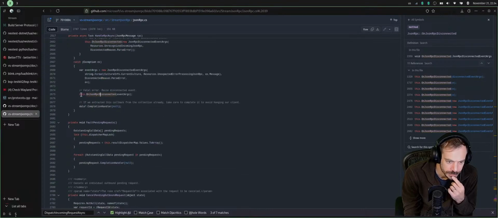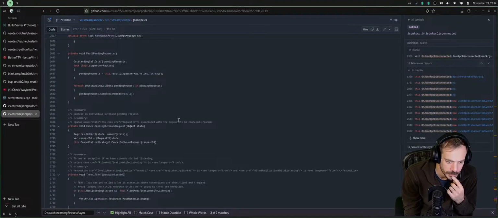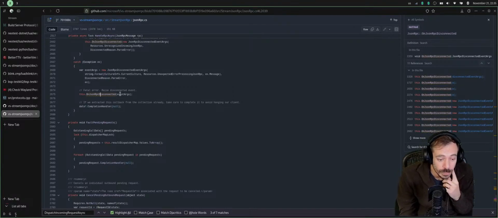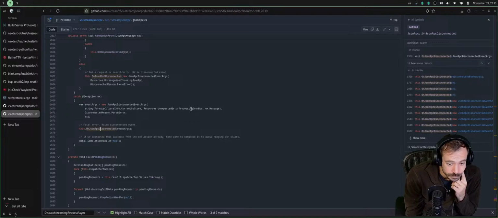So it calls the exception there. And it writes in the event args. Unexpected error processing JSON-RPC. An error raise. Is disconnected?